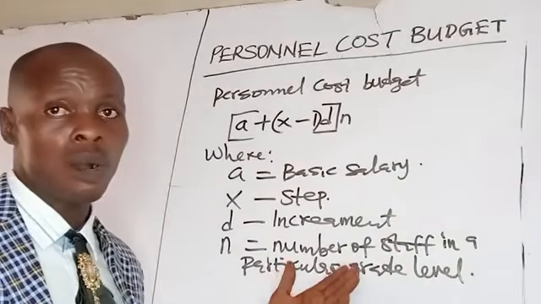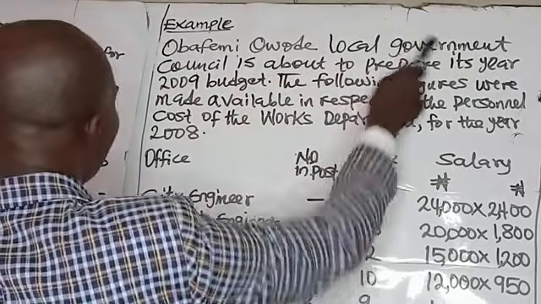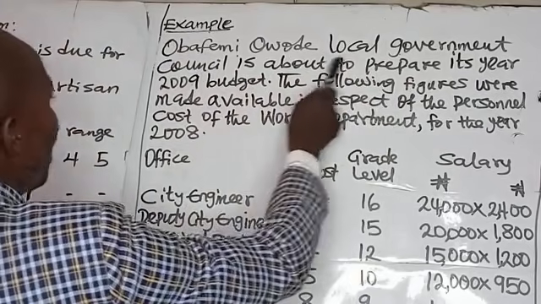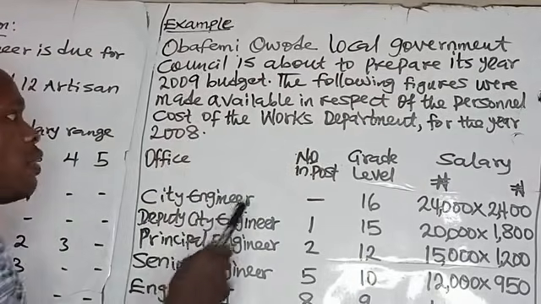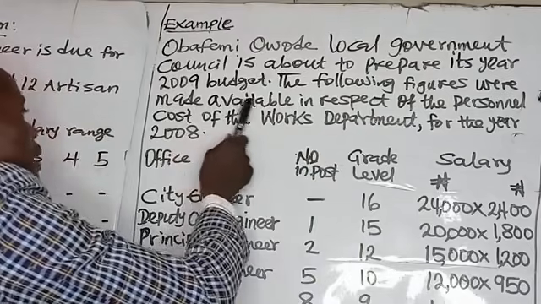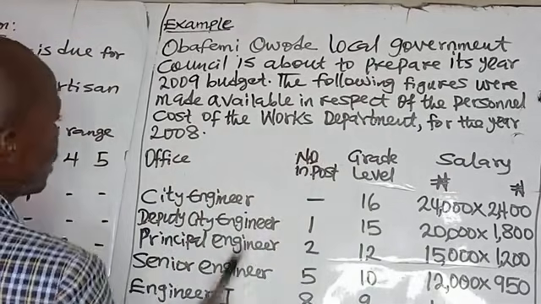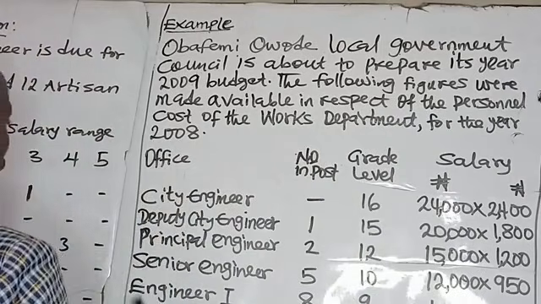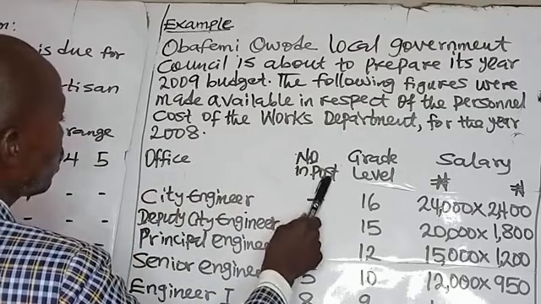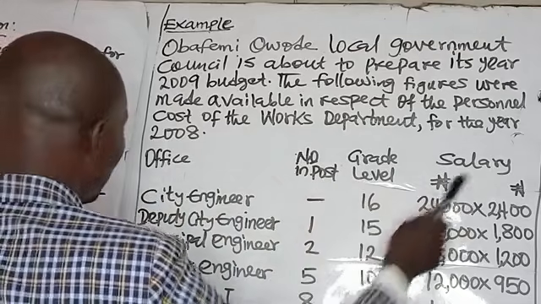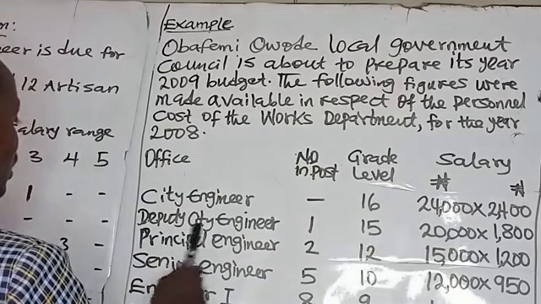Now, let's take a worked example. Example: Obafemi Owode Local Government Council is about to prepare its year 2009 budget. The following figures were made available in respect of the personnel cost of the works department for the year 2008. We have the office, number in post, grade level, and salary. City engineer, deputy city engineer,